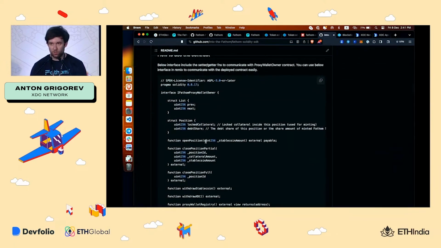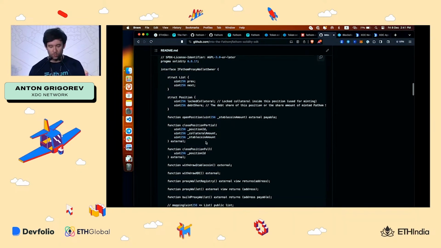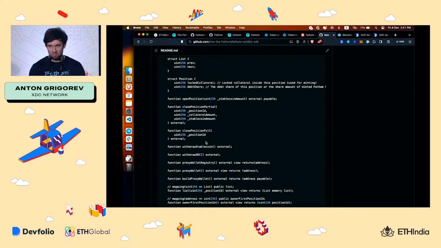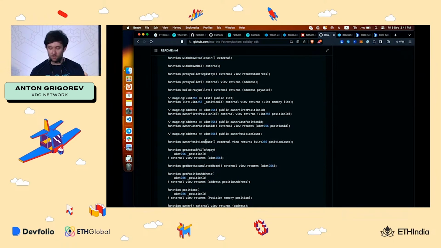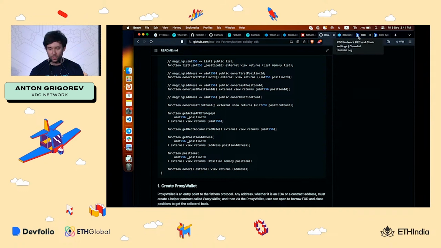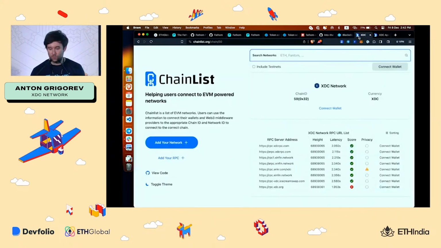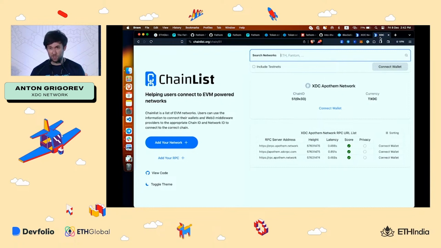This mostly targets abstracting your proxy wallet, so it will be easier for you, from your Solidity application, to open new positions, close positions, and grab information about your positions and your debt. Please check the public RPCs for XDC on Chainlist. The chain number is 50. For the Fathom testnet, which is a testnet for XDC, check chain number 51 on Chainlist.